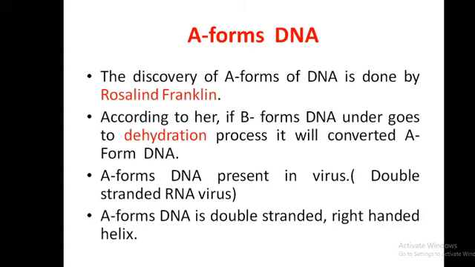A form DNA is a double-stranded right-handed helix which has both 5' and 3' directions. One strand is moving from 5' to 3' direction and the other strand is moving from 3' to 5' direction. Both strands are anti-parallel to each other. Among the nucleotide bases, that is A, T, G, C, A always base pairs with T by a double bond and G always base pairs with C by means of a triple bond.